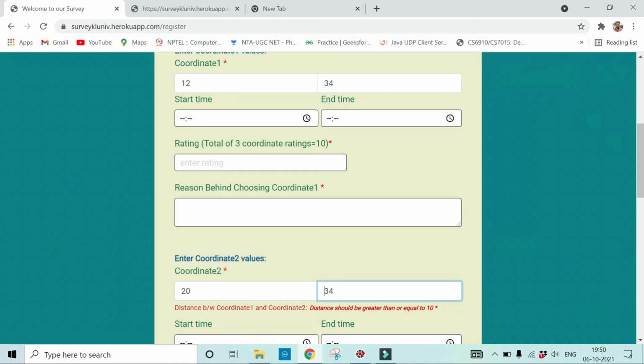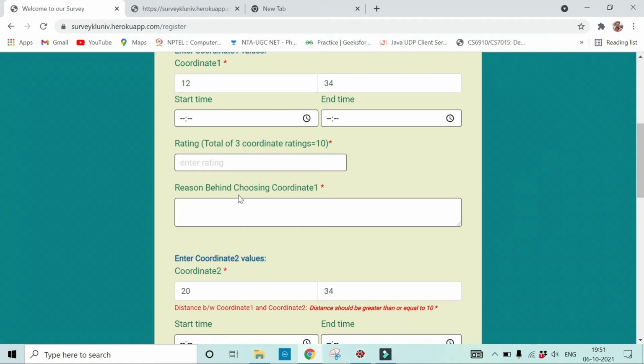So now fill up the reason for choosing the corresponding coordinate. Let's say I am saying that I have chosen coordinate 1 because this location is near PG hostel, like that.